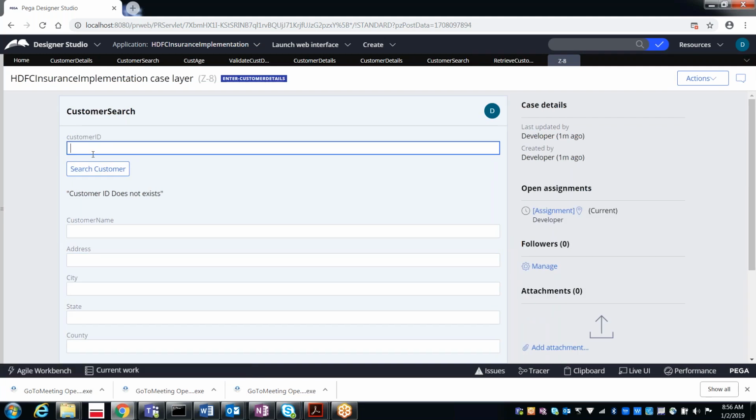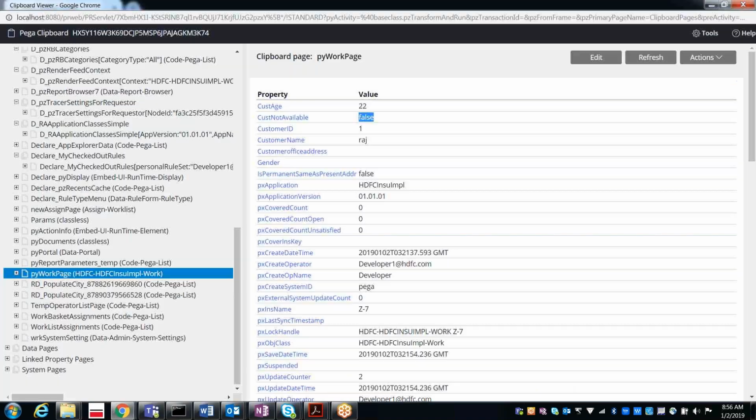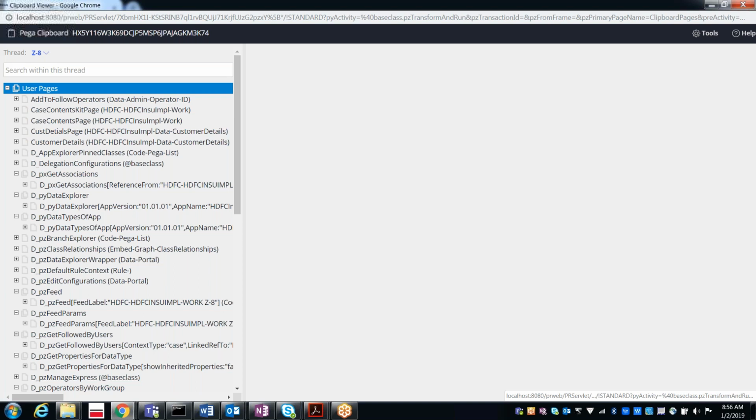So here now 3 search customer. No, 2 search customer. Still again it is not working. Why is it not working? Why is it still showing this message? What is the visible condition? If it is 3, it should be false, right? If it is false, then it should be hidden.